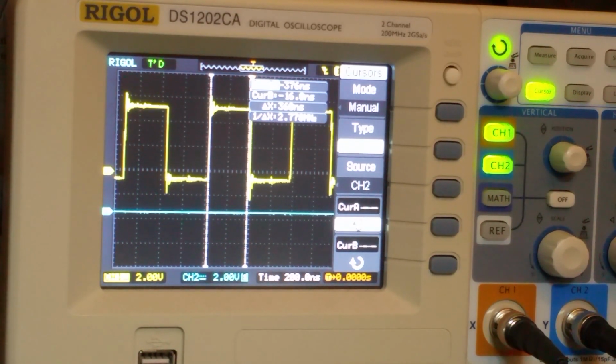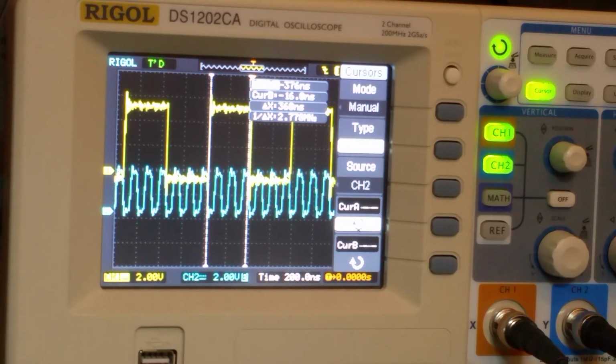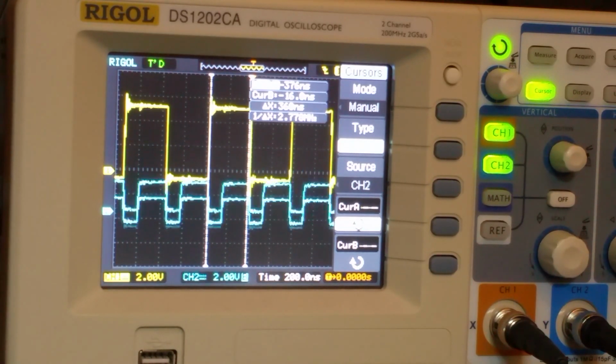It's actually one execution of the NOP operation. Now what you can see, this is the Phi 2 clock, and you can see that we have 3 cycles within one execution of the NOP operation. And if I get it right,